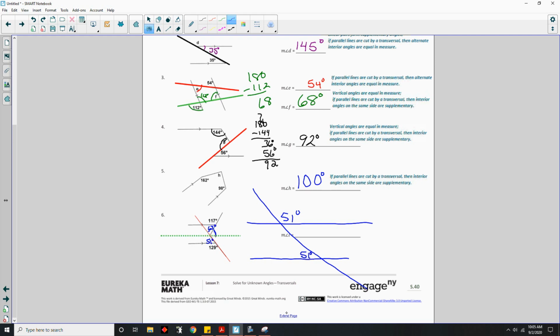Okay. All right. We're trying to find the whole thing. So that's 51, this piece. Now I need to find this piece, and we have the answer. In order to do that, if I move my transversal this way now, and focus on this transversal,